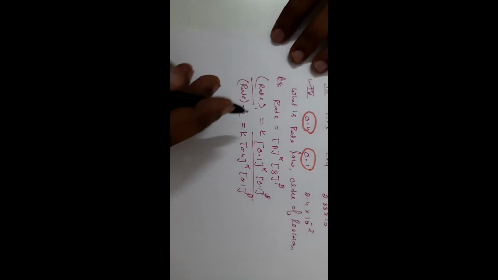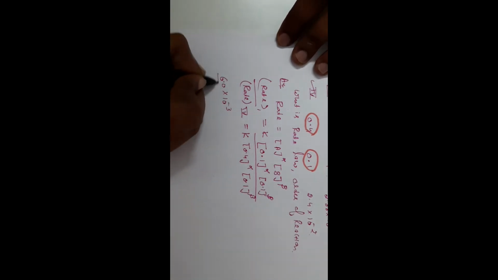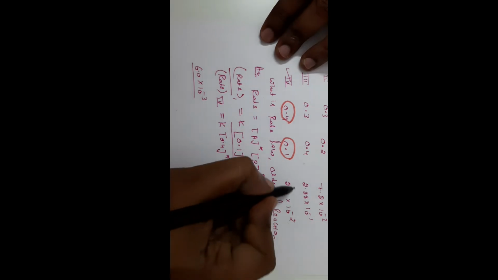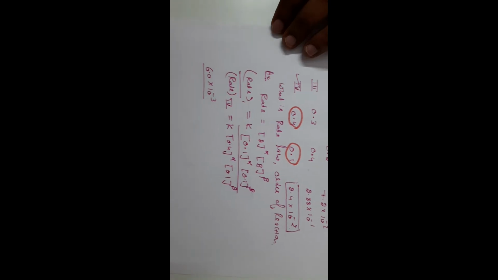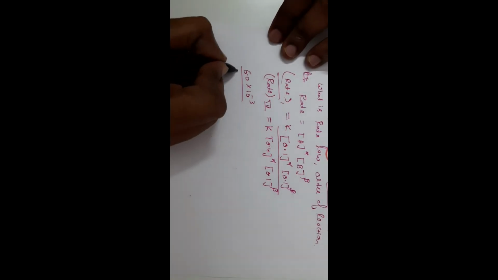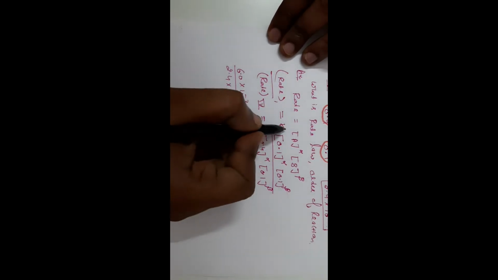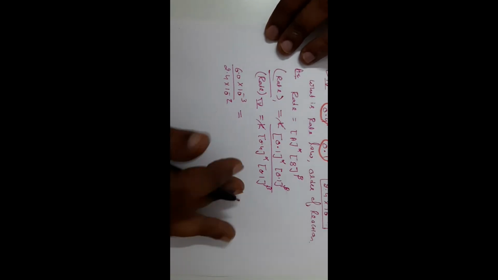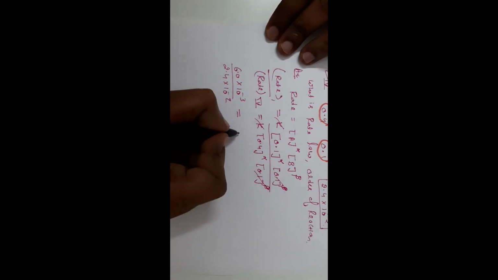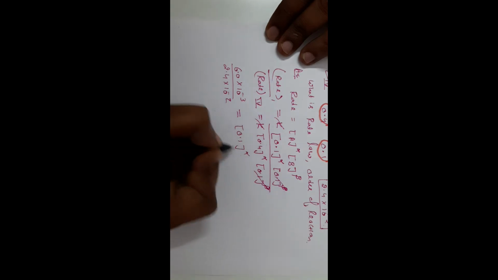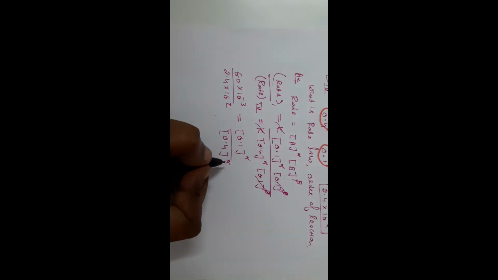Okay, so you will write there 6.0 into 10 raised to power minus 3, and rate 4 value is 2.4 into 10 raised to power minus 2. Clear? Then k will be cancelled out with the k. Then what is left there, beta? Here 0.1 beta is cancelled out. What is left there? 0.1 alpha and 0.4 alpha. Are you getting it?